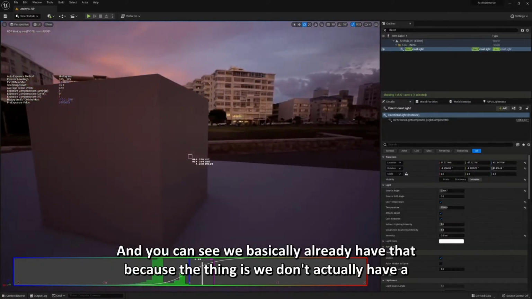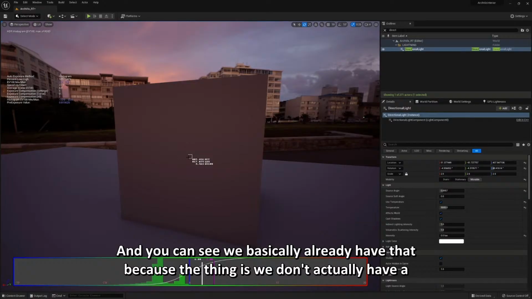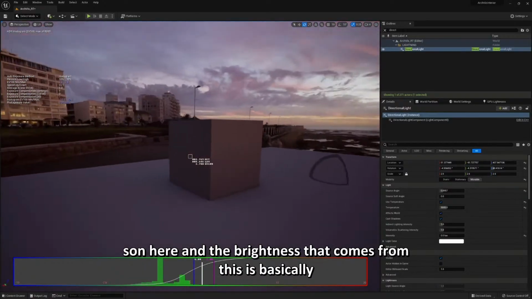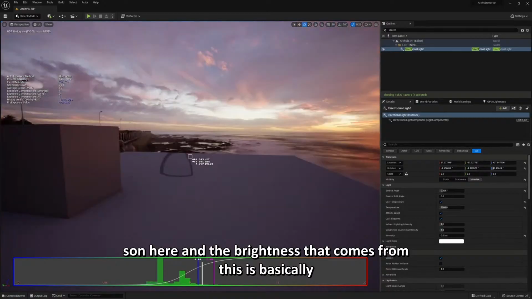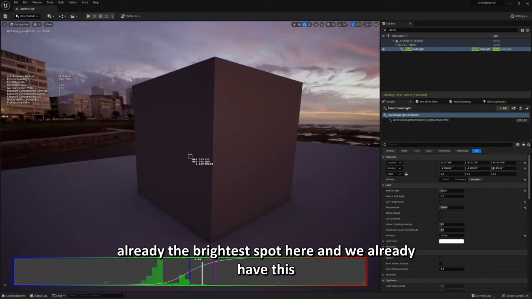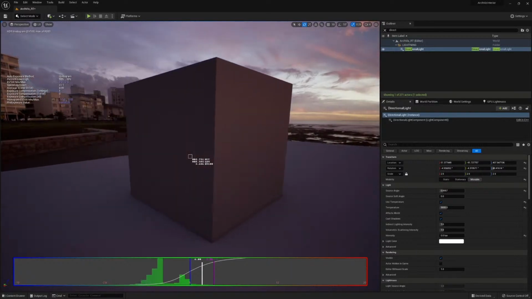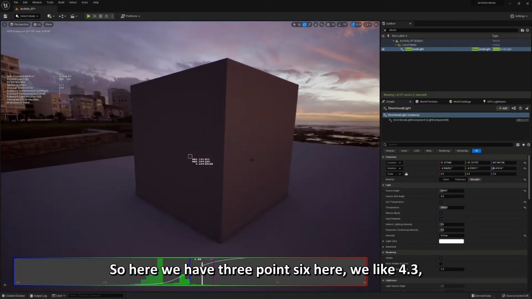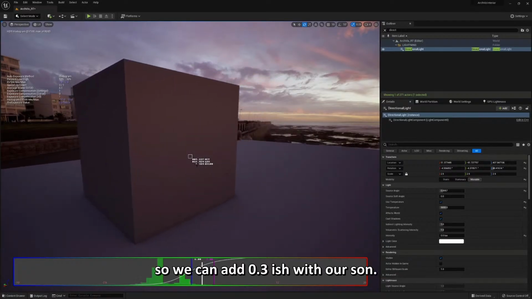And you can see we basically already have that, because the thing is we don't actually have a sun here. The brightness that comes from this is basically already the brightest here, and we already have almost one step difference. But we can see there's a little bit. So here we have 3.6, here we have like 4.3. So we can add